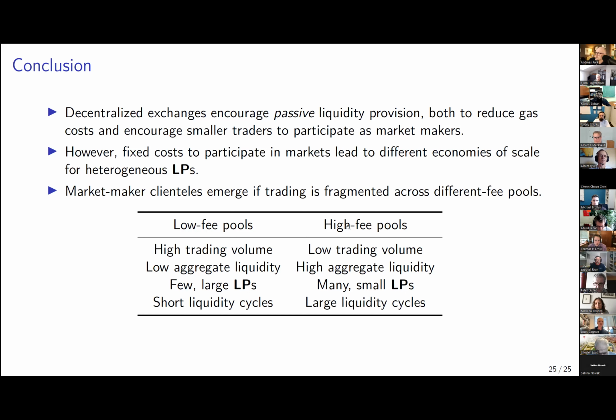And we have the passive high fee pools. This is where the retail trader would go. They will have low volume. They will only trade against the biggest trades, which, as Olga said, could be the ones that contain more information. They will get a higher fee. They will have to rebalance less often. But in the end, there's a lot of idle money sitting there on these pools that is not getting commensurate trading volume.